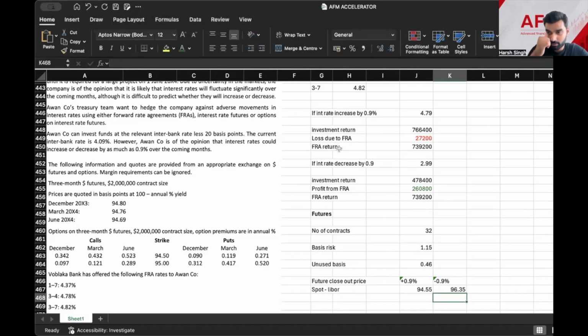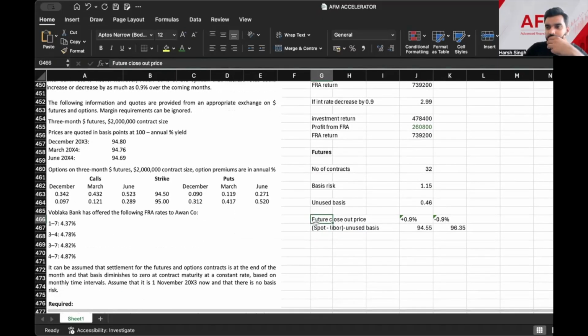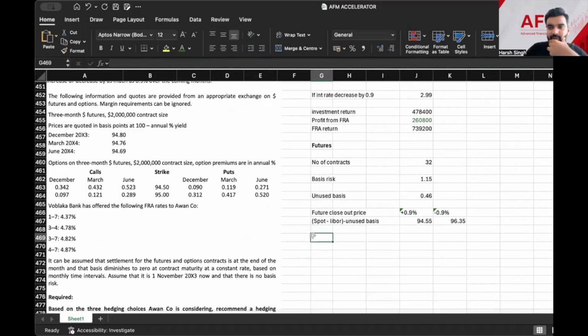Now this is my spot minus LIBOR. It is not required that you write it down, it is absolutely fine if you don't even write it down. Okay. So after future closeout price, we can go to the next step, which is finding the